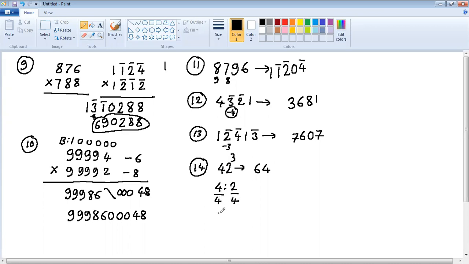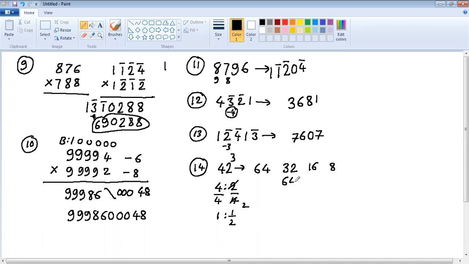4 divided by 4 is 1. This also you can simplify. 1 into 2 is 4. So here what remains is half. So just make it half. 64 into half. That means 64 divided by 2 is 32. 32 divided by 2 is 16. 16 divided by 2 is 8. Now, very important cross check: the third number generated should be cube of second digit. Second digit here is 2. 2 cube is 8.